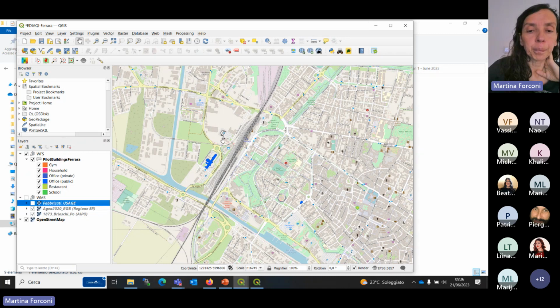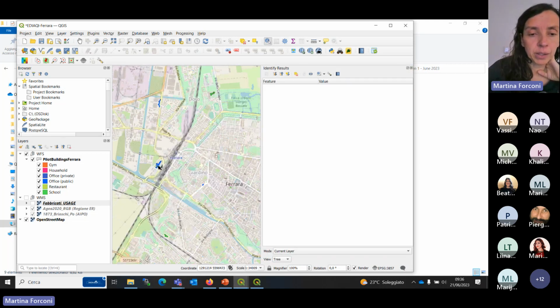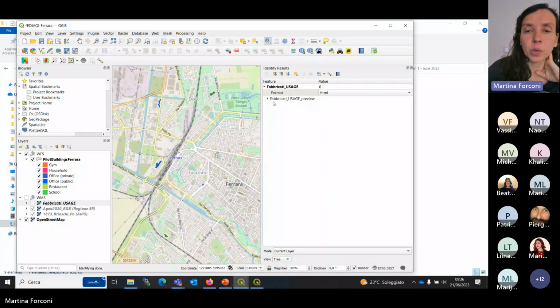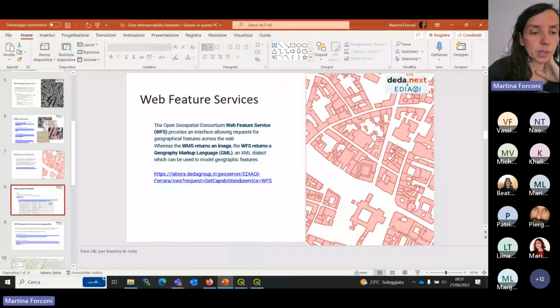And you can get information on the building using the info button. So on the right side, you can see information about this particular building. And okay, I think this is everything.